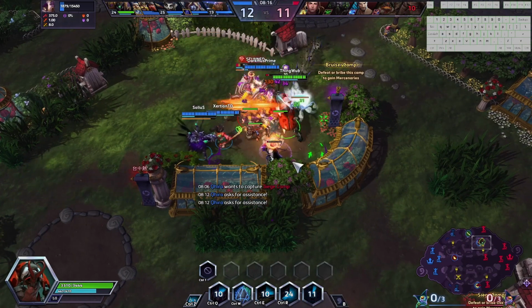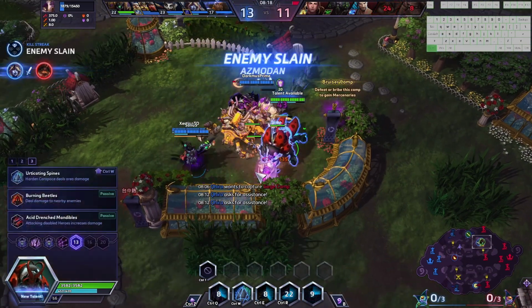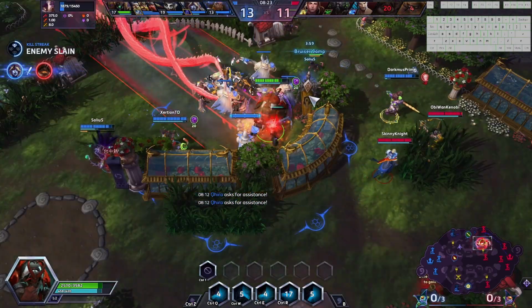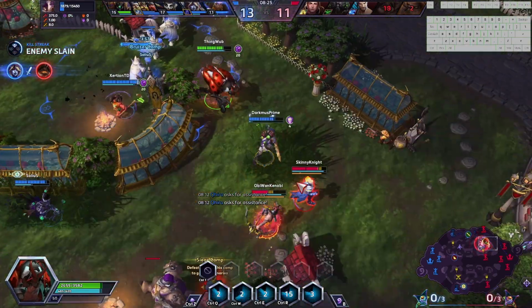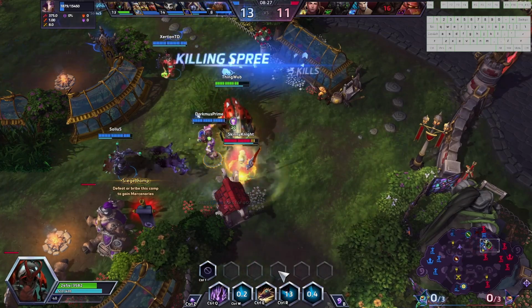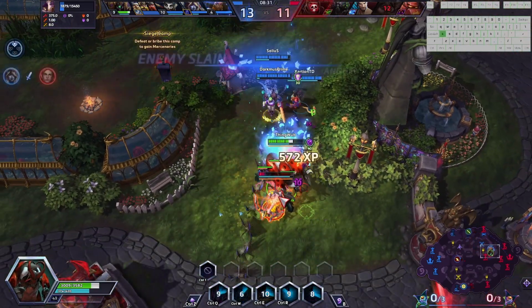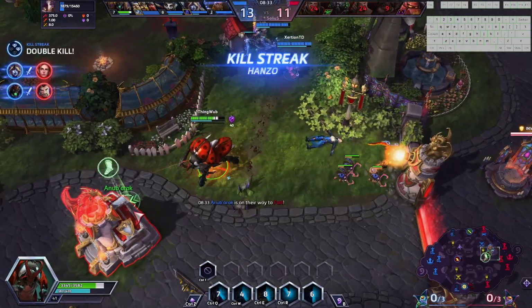Really good call, actually, by Kira. I did not think Azmodan would be here, so that is awesome. I'll stand on it just to cap it. Oh, it sucks I got hit by that root, too. But with my spell armor and the spell armor of the camp, it's working out very nicely for us. I want the Hanzo before I want the other people, but...